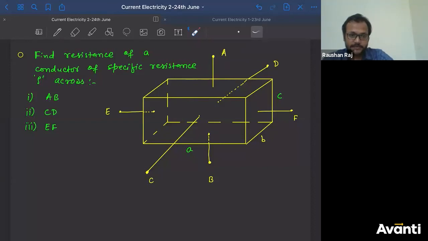ध्यान से देखना क्या होगा करेक्ट आंसर बच्चा लोग. Give me the answer across AB first. Give me an answer for resistance across AB. जल्दी बताइए. अलग अलग आंसर. rho c by ab, ओके, rho b by ac. क्या बोल रहे हो ये? rho c by ab. ओके, ठीक है. rho b by ac. You can use P as the rho. ठीक है, to write rho you can write P instead. I'll understand.